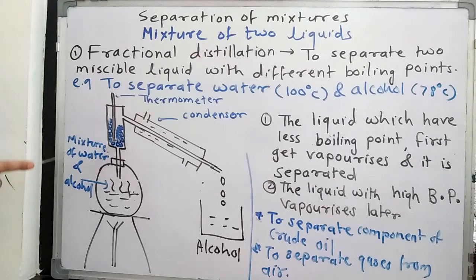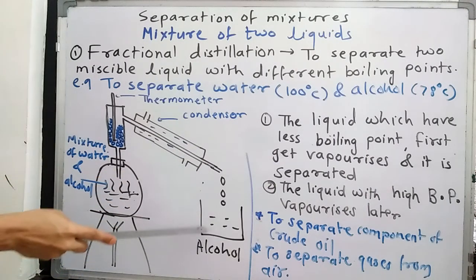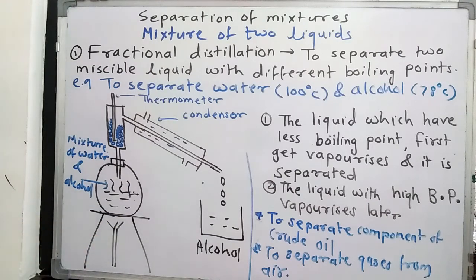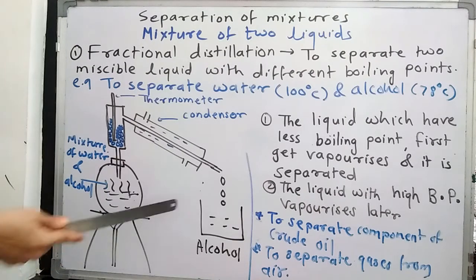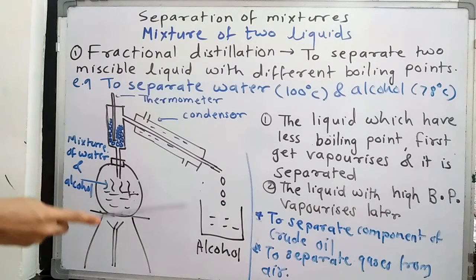Due to the heat, it will convert into the gaseous state. When it enters the inner glass tube, due to the circulation of water around the inner glass tube, that vapor gets converted again into liquid alcohol. So at 78 degrees Celsius, we will get only alcohol. Here we have taken the mixture of water and alcohol. At 78 degrees Celsius, we will get the alcohol in this beaker. So alcohol is separated out. Now what remains here is the water. We can boil it again to 100 degrees Celsius, and we will remove this beaker and take another beaker, and at 100 degrees Celsius we will get the second liquid, that is the water.